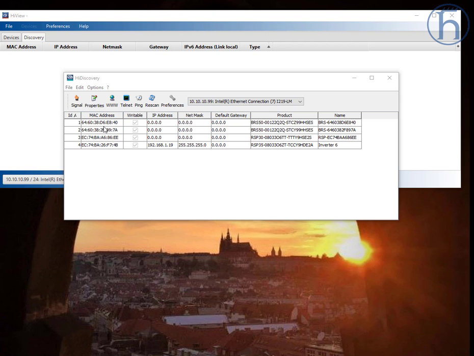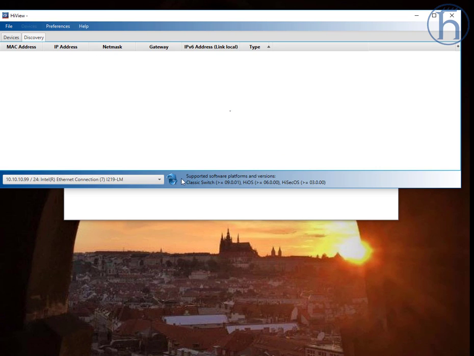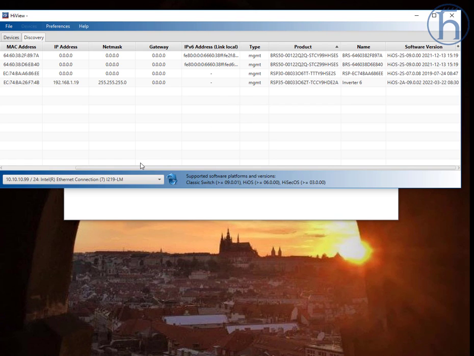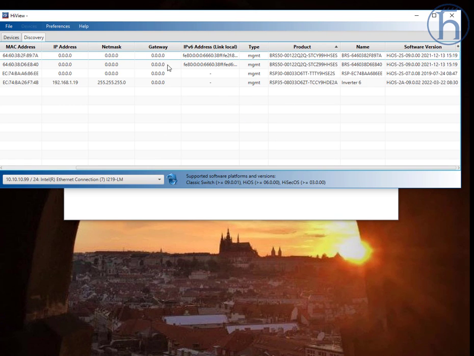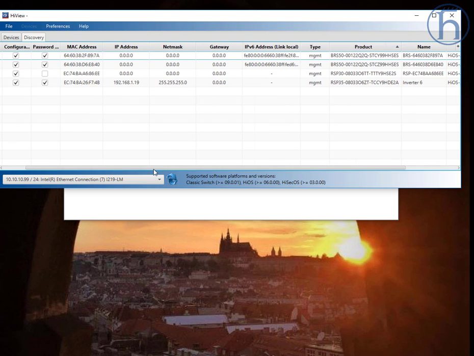So what we're doing today is we're going to show this illustration with the BRSs. The two RSPs that I have here are two different configurations. This one down here has an added FPGA, and if I do a discovery on these, you will also notice that not only does one have an FPGA, but if I scroll all the way over here,